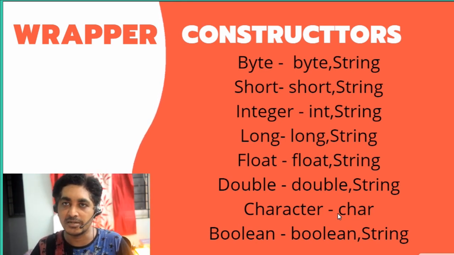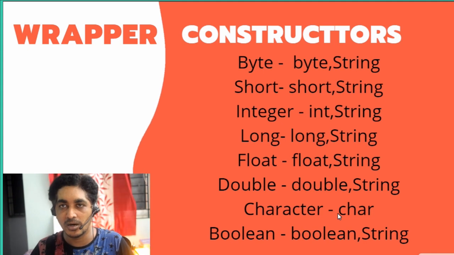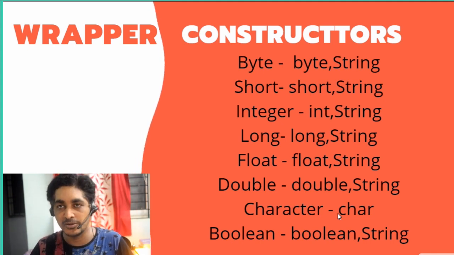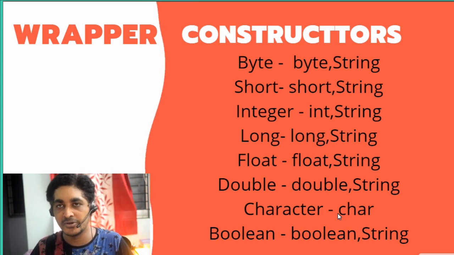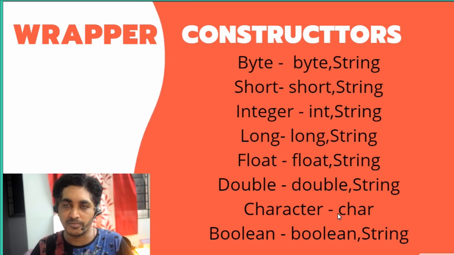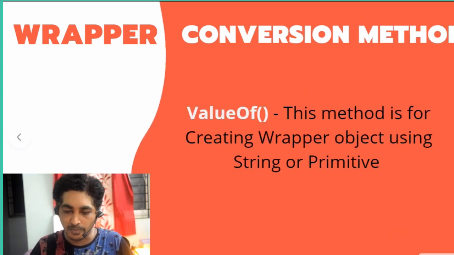We already saw, right? For a primitive data type, what are the values we can assign? We can assign true or false. Similarly here you can use those values as part of a string format, and you can create that also. We can see as part of the program. Next, first we will go through the theoretical part, then we can start with the program.